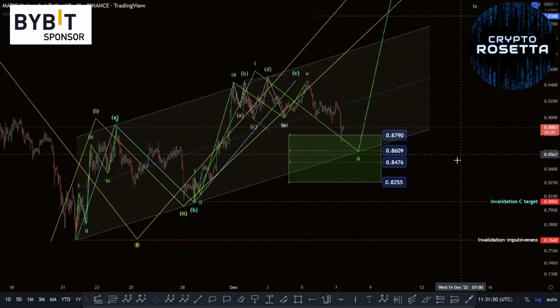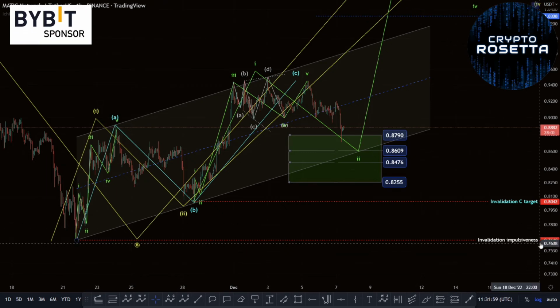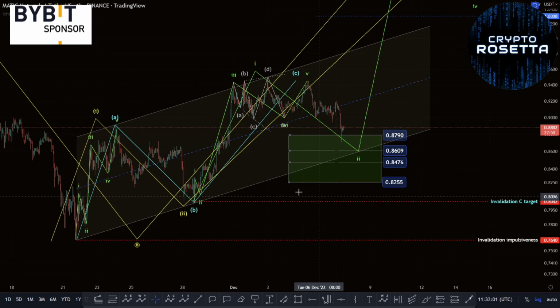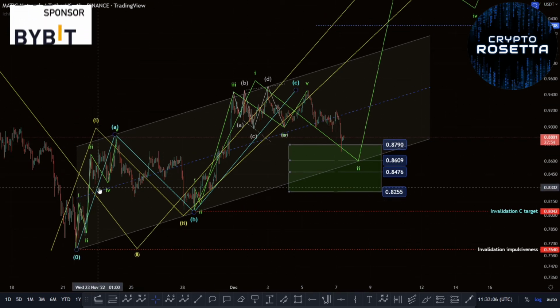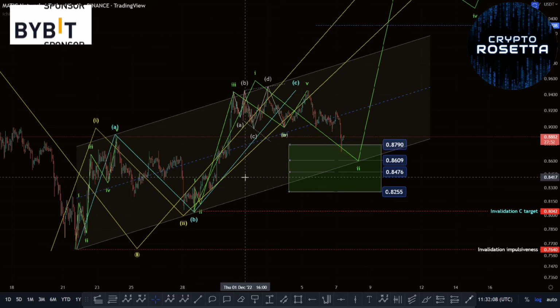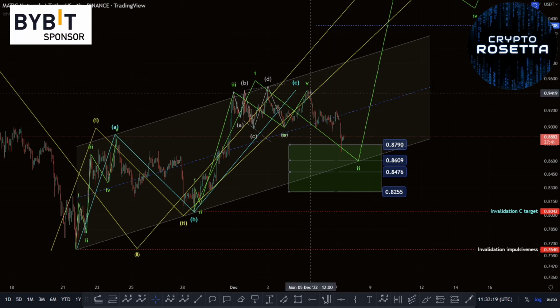So that's all the things that I'm currently watching. Basically, these levels are important. Any kind of a break below 0.8042 and 0.7640 eliminates any kind of an impulsive structure that we might have off of this move, and we would have to look at it purely as corrective, and then we would be just waiting for that continuation to the downside. It is possible it's already started, and that we have this 5-wave move here as the beginning point,